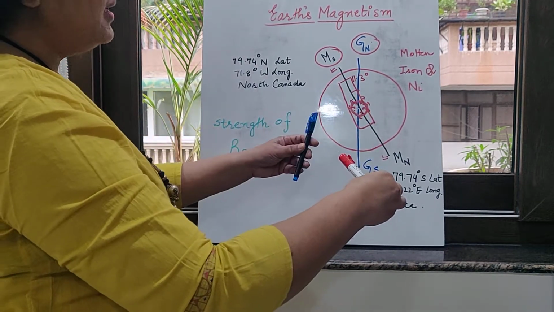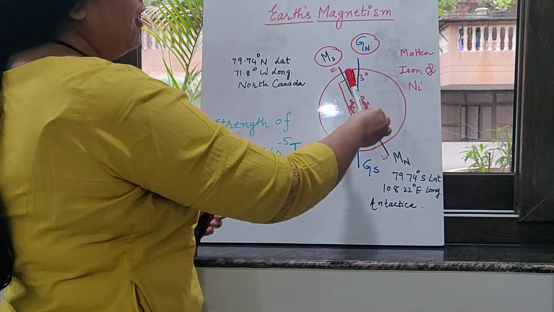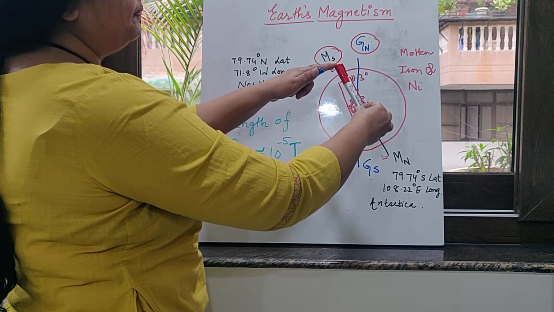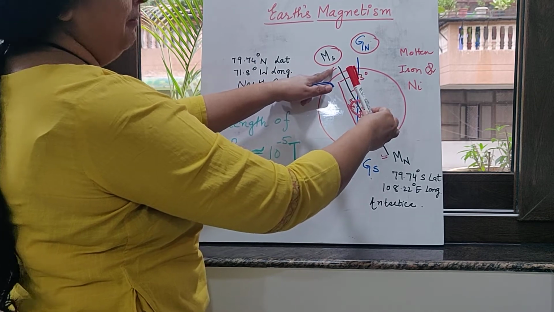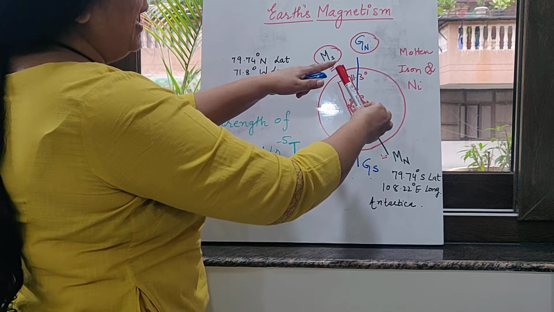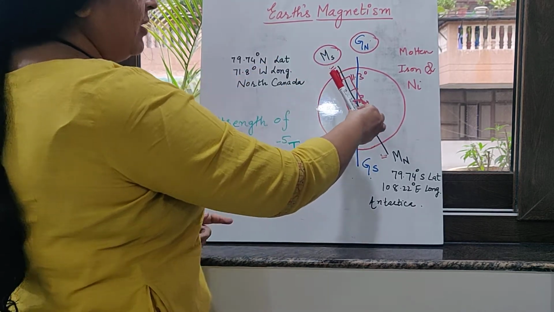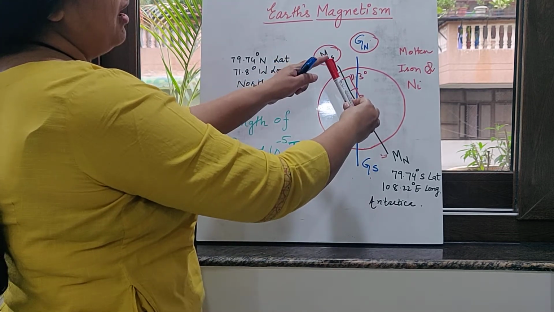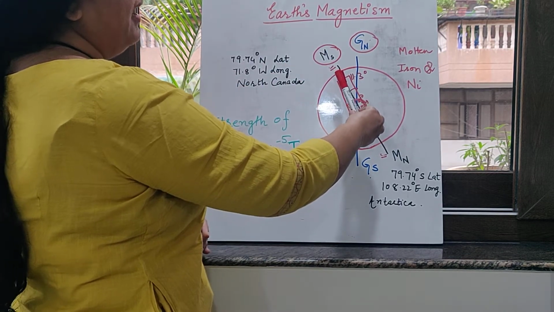The reason is because let us say that this is a geographic north direction and the magnet has aligned itself. So the north pole of the magnet that you have suspended will be attracted towards the south pole of the Earth's magnet. And because this is the north pole and it is trying to find out the geographic north pole, although because it is lying very close to it, therefore we say that this is a north seeking pole, right? So this is a north seeking pole.